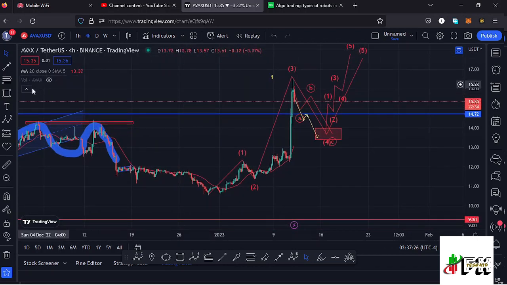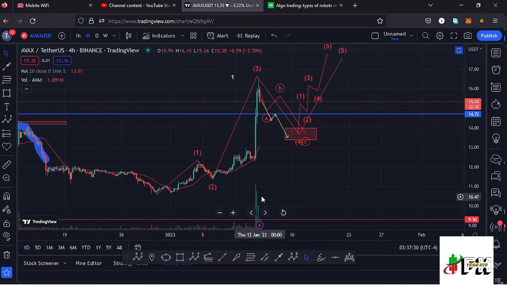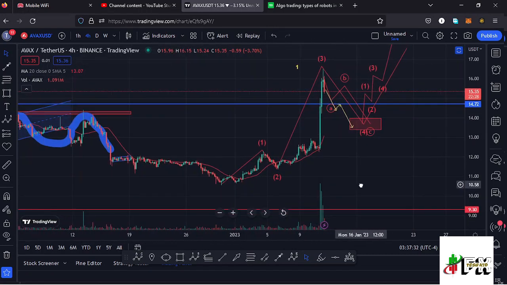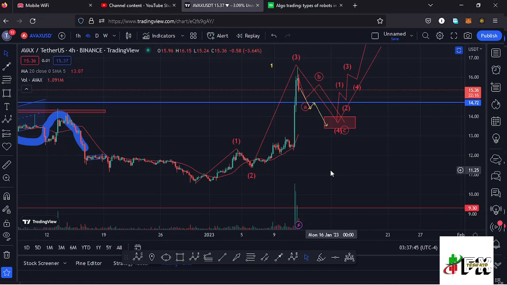And also taking a look at the indicators, we can first take a look at the volume indicator, where you can see that yesterday we had a massive increase in volume, and that is the move that gave us this breakout to the upper side. But at the time of this recording, we are seeing a bit of a decrease in that volume, and that would fully support that movement to the lower side in the formation of this wave 4.